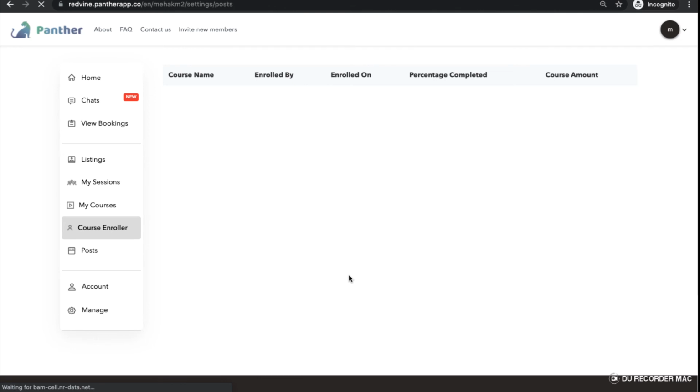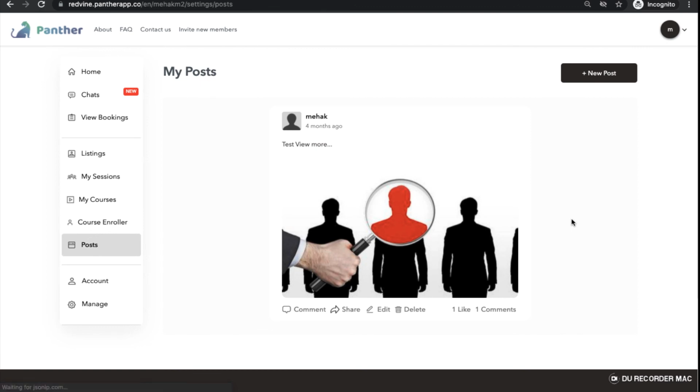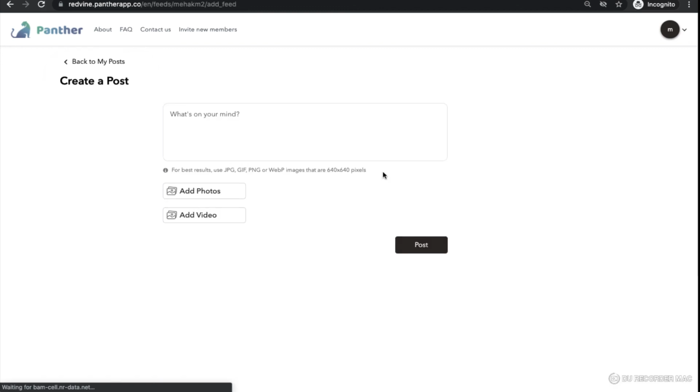Here is the posts option. So post is just like the news feed that we see on social media platforms. As an expert, I can create a new post, and all these posts will be visible to the users. So post is a great way to engage with the customers, or it is a great way of promoting me as an expert to the users. So the users can take consultation from me, or they would prefer me in place of the other experts that are available on the platform.